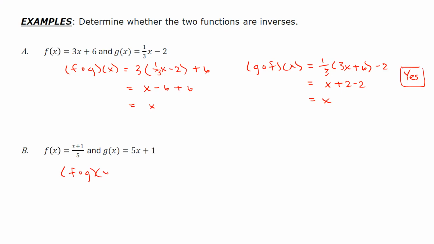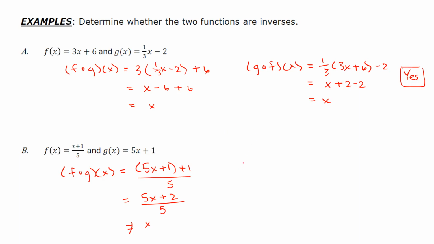First, find f composition g. So we're plugging g of x into f of x. So we'll have 5x plus 1 in the numerator plus 1 divided by 5. That simplifies to 5x plus 2 divided by 5, which does not equal x. Okay? So we know right off the bat that f of x and g of x are not inverses of